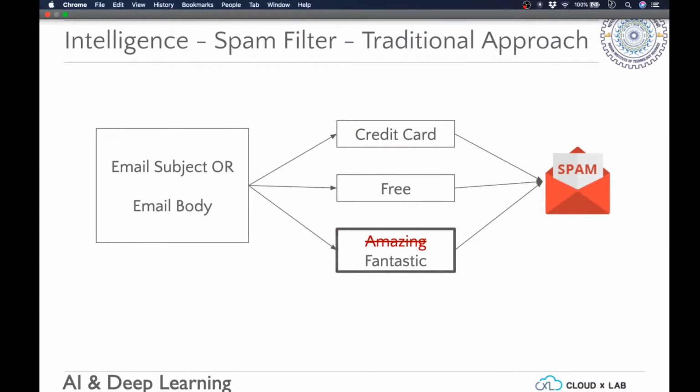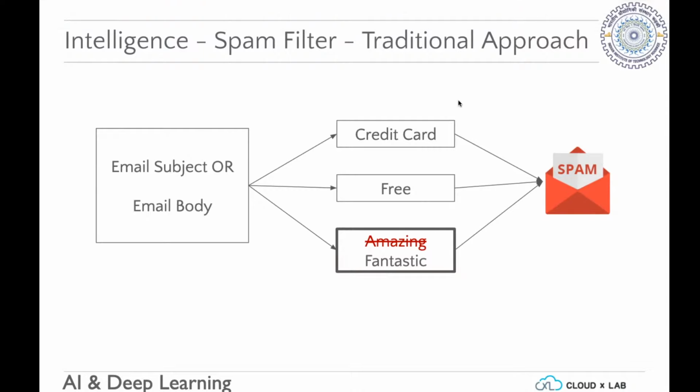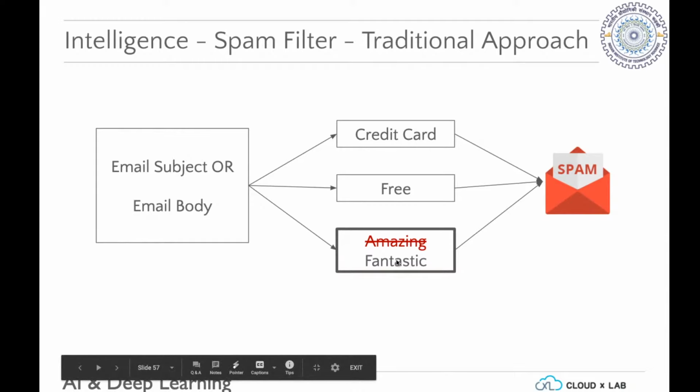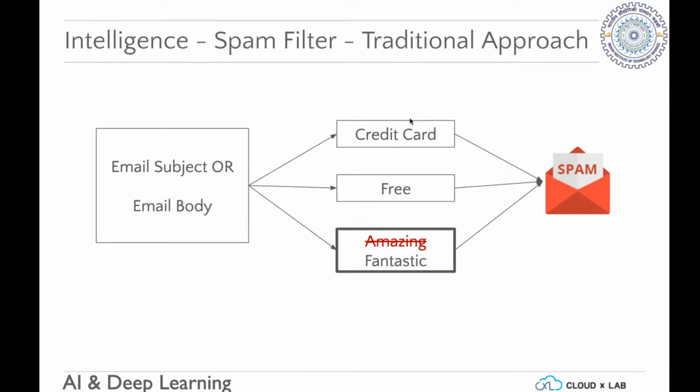So assume that you've done this. You had a rule set that said, hey, if I find the word amazing, just throw it in spam. But some smart spammer somewhere figures this out, that you're filtering everything called amazing. So he or she just replaces amazing with the word fantastic, and that beats your spam filter, and you start seeing spam. So you enter an arms race, where you have to keep writing more rules, and the spammers are trying to find ways of subverting those rules and getting into your inbox.